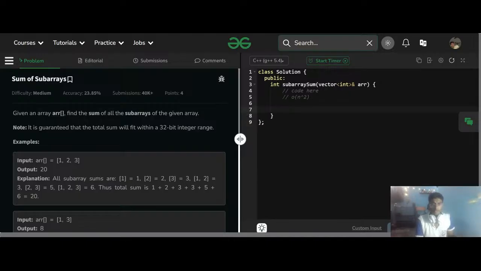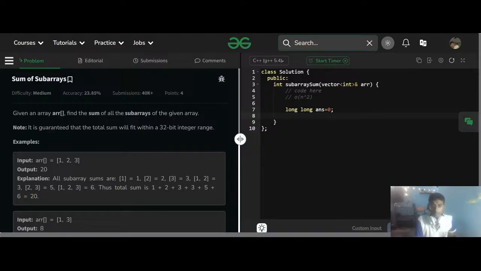It is going to be in 32-bit integer range, so it is not going to be a problem, but still let's write long answer is equal to 0. For i smaller than ARR.size, i plus plus. One more thing, I should keep int n is equal to ARR.size, because I'll need n. So what is the formula